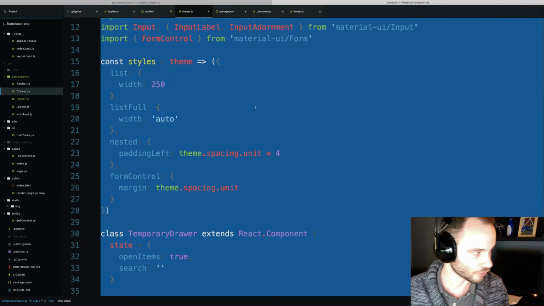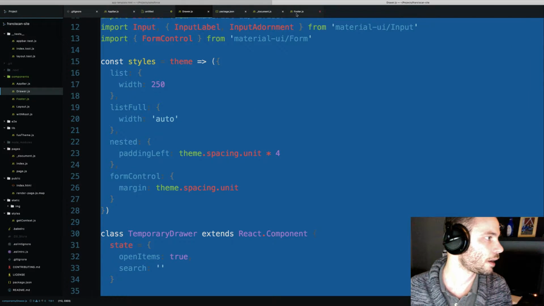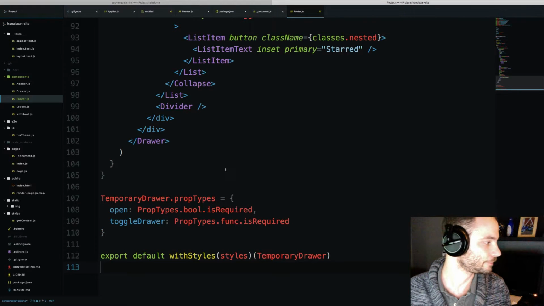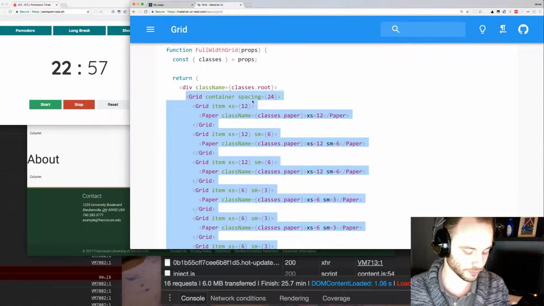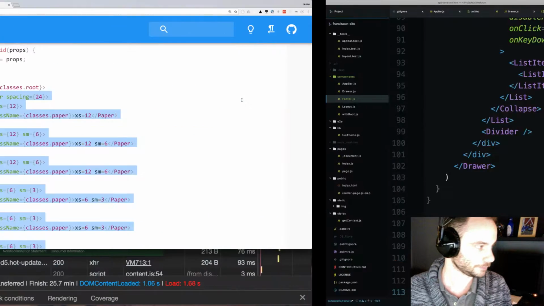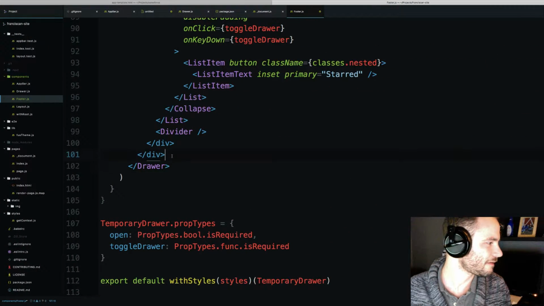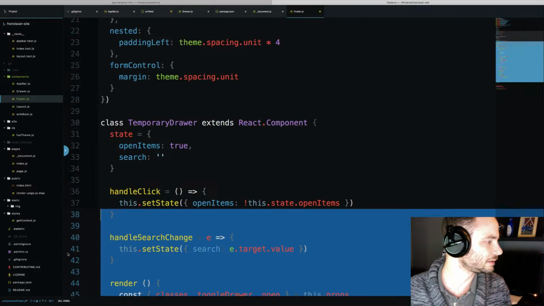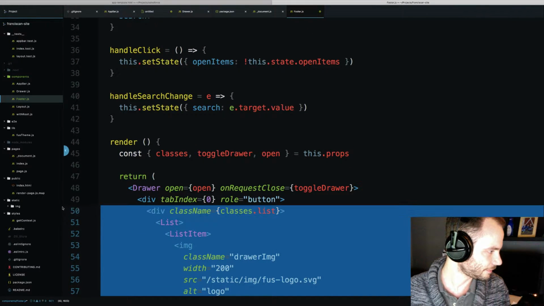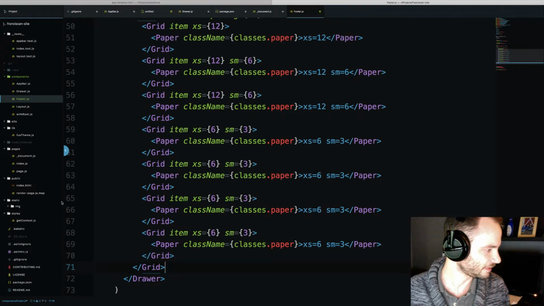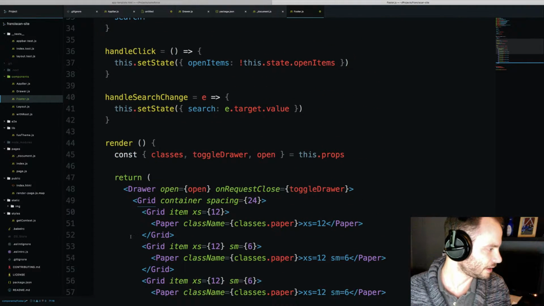Yeah, let's grab the drawer. And let's paste that. And then that'll save us some time. And now let's get rid of all this stuff and paste that in, and